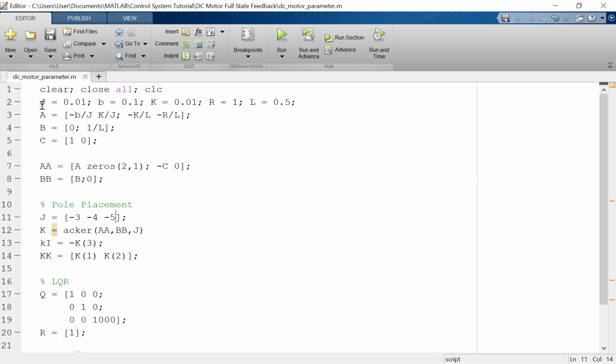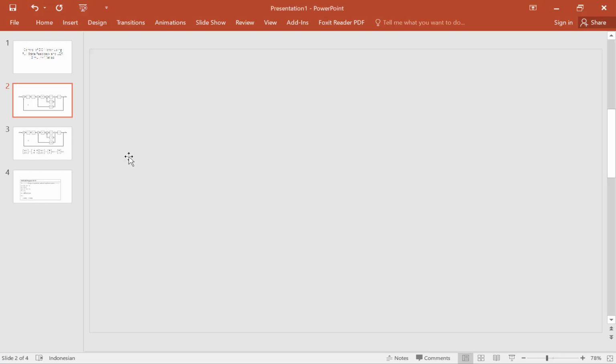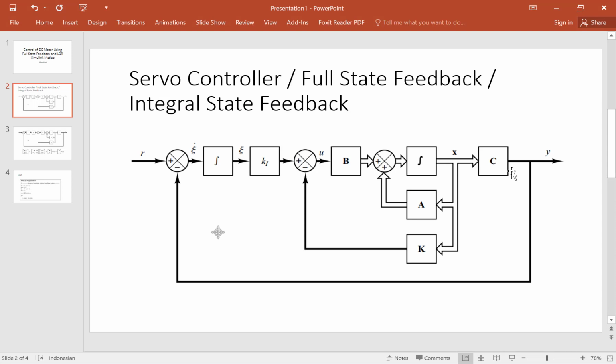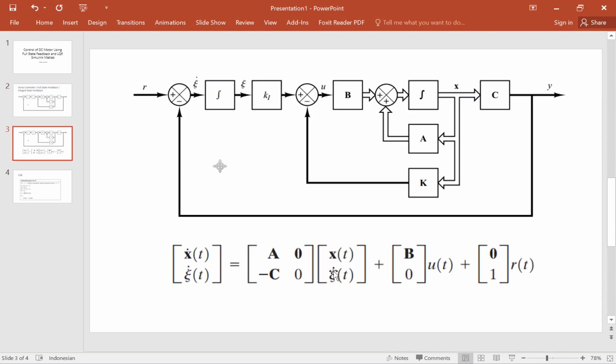This is the DC motor model in the ABC matrices in state space form. I use a 2 by 2 state matrix, just 2 by 2. After we design the controller, we get the new state space system.